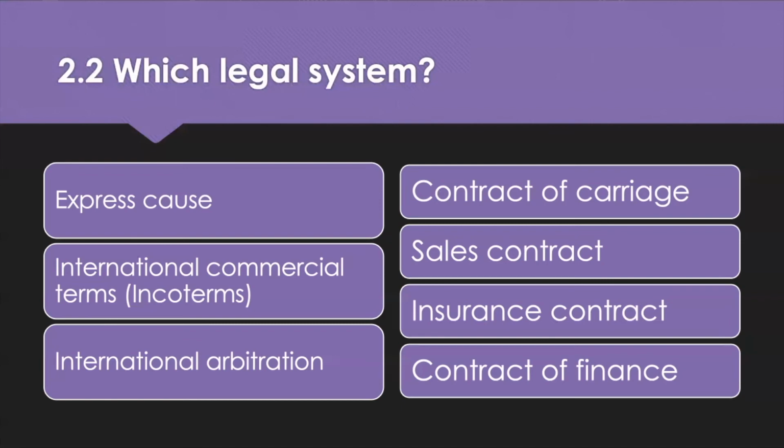Now, international transactions involve up to 4 or 5 parties. You've got the agents, the third-party logistics provider, the importer, the exporter, the shipping company, and up to 4 separate contracts. So firstly, you've got the contract for carriage, a legally binding agreement containing the conditions of carriage, setting out the rights and obligations of the carrier and the shipper. So it will include things like what's being carried and how liability for damage or injury could be assessed, apportioned